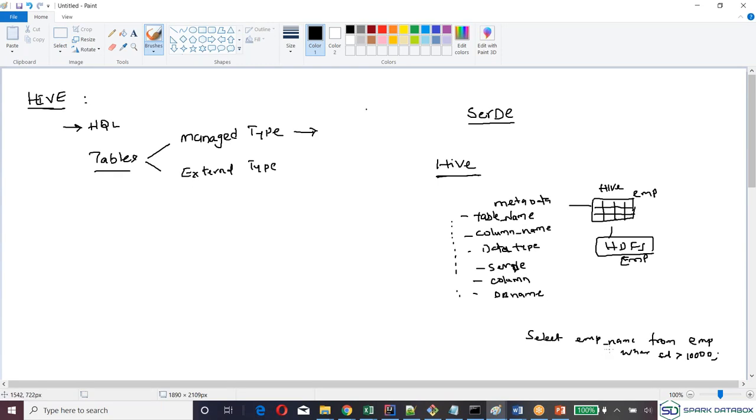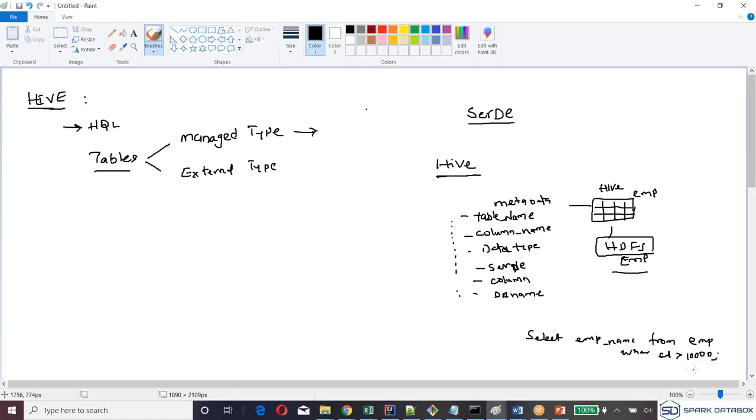When I write this query, try to remember, this is quite important. When I write the query like this, it has to go and run on top of the data which is there in HDFS through Hive. Yes or no? Because it has to run on the data which is there in HDFS only. Ultimately, it has to run this process on the data in HDFS.